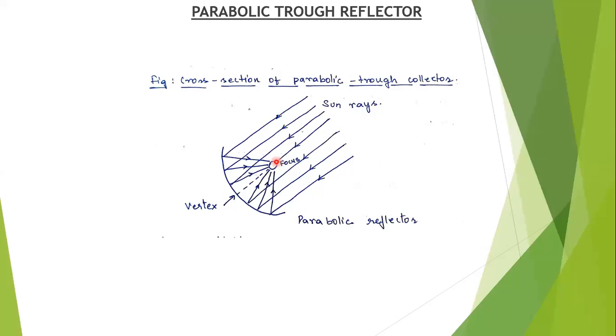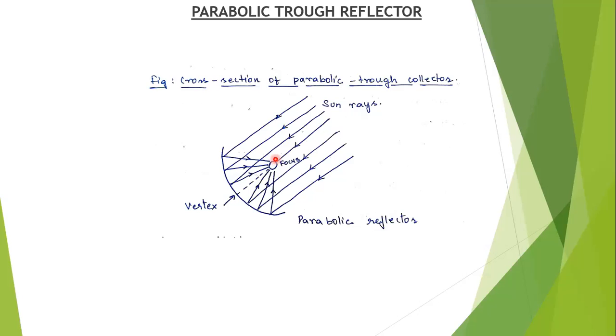The collector pipe will be located at the focus, on the back side of the reflector. It should turn continuously about its long axis. As the parabolic reflector turns, the absorber pipe also should turn along its long axis to maintain the required orientation. So both schemes are used in different practical designs. We have to turn the parabolic reflector, or we have to turn the backside absorber pipeline.